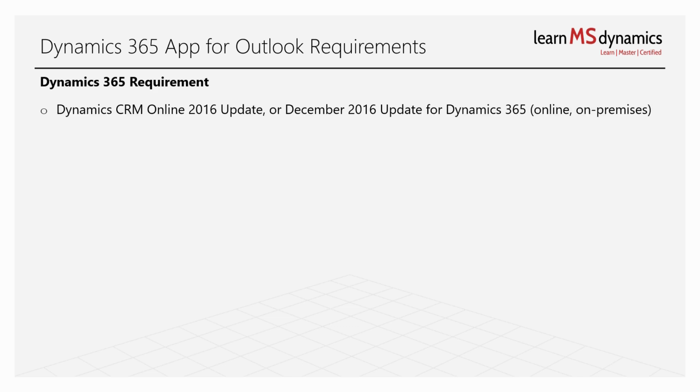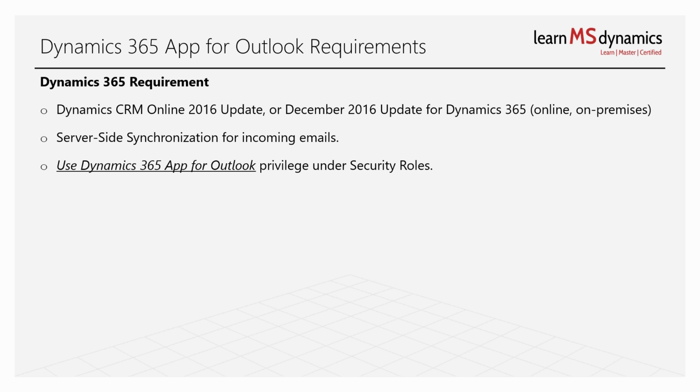It works with Dynamics CRM 2016 online update or the December 2016 update of Dynamics 365 online and on-premises, and you need to have server-side synchronization enabled for incoming emails. You also need to have the Use Dynamics 365 App for Outlook privilege enabled in the security role that is assigned to a user. If you don't have that, then the user will not be able to work with Dynamics 365 app for Outlook. Plus, you should also